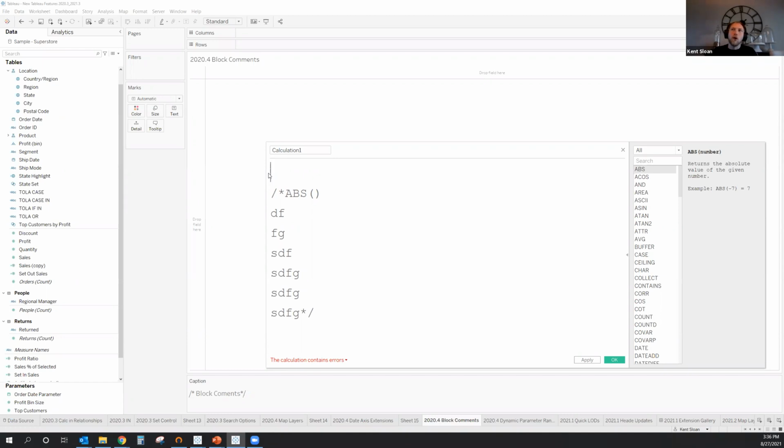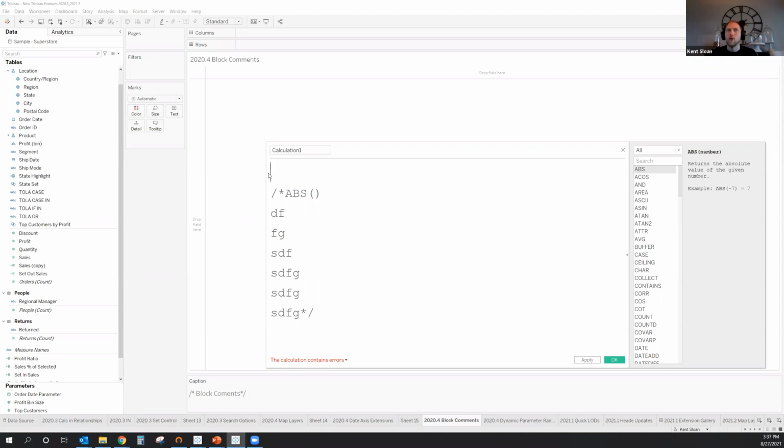The 2 most common ways in which I would use this: 1, leaving notes. These are developer notes that we'll have in our calculations. As you write increasingly complex calculations and you do all this logic in a workbook and you put it out there, you come back 8 months later and go to make a change to it and you have no idea what you were doing. These types of comments can be really helpful for reminding yourself of what's being done here. They can also be used to record who made what edit at what point in time for something that's being maintained long term.